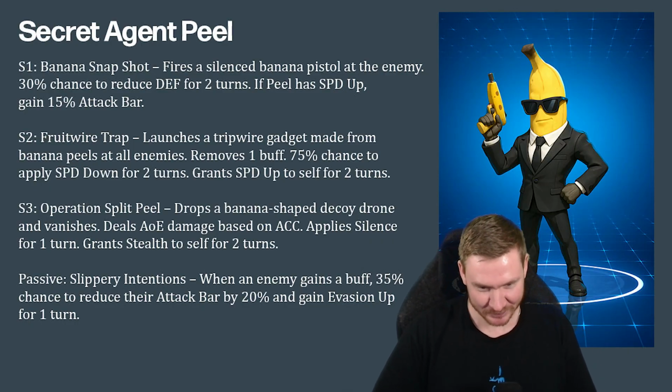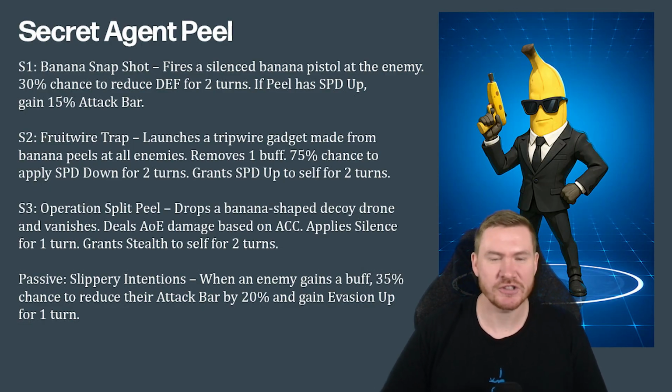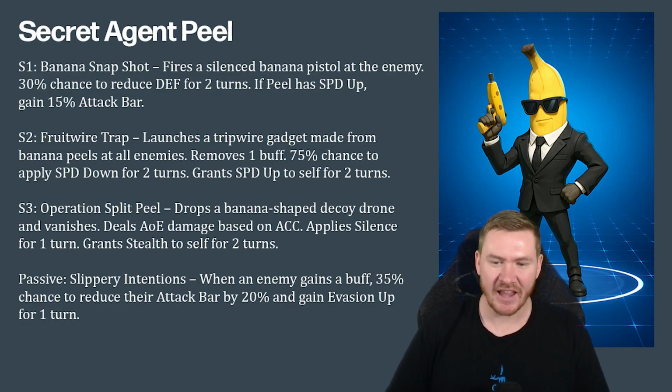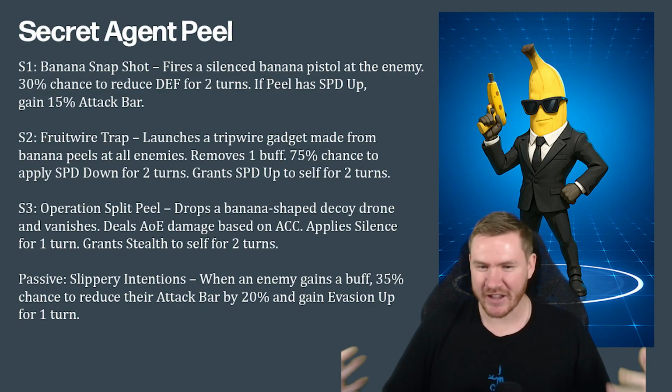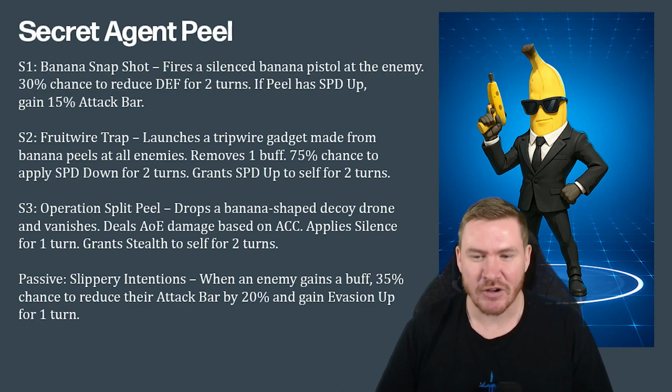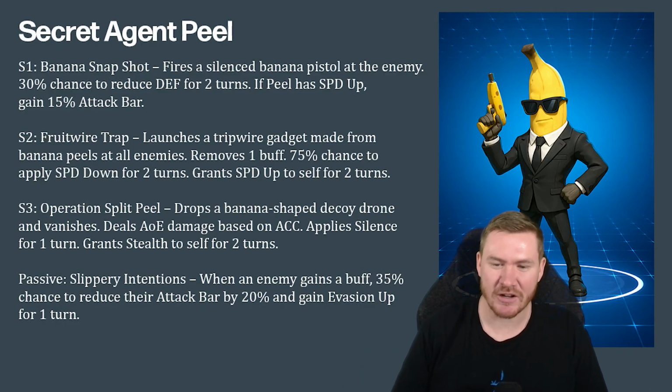And then he's got a passive, Slippery Intentions. When an enemy gains a buff, 35% chance to reduce their attack bar by 20%, and he gains evasion up. I thought it made sense since like slipping on a banana peel. I was trying to think of the best way to make that make sense. So I thought maybe losing some attack bar might be the equivalent of that, and then giving himself evasion up,